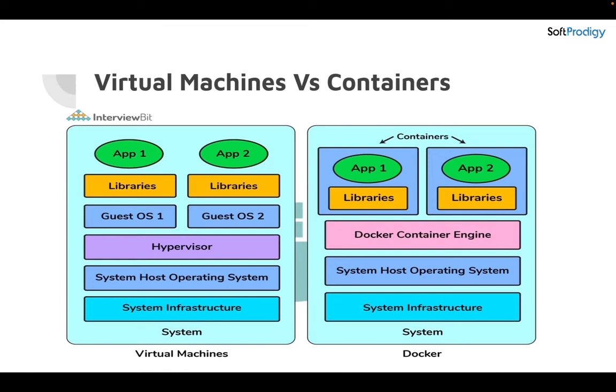After all these drawbacks, we have a solution in the form of Docker. Docker is providing a solution for this problem also, to run a large application on a single platform. So what is Docker doing over here? Docker also takes our host operating system as a base operating system. But instead of a hypervisor, Docker has its own engine.